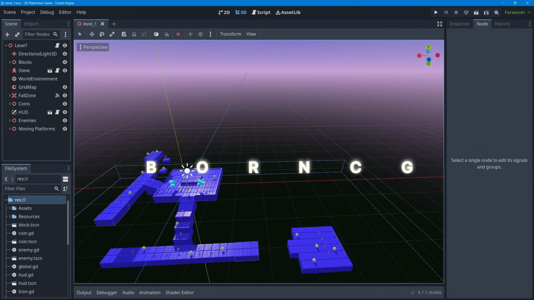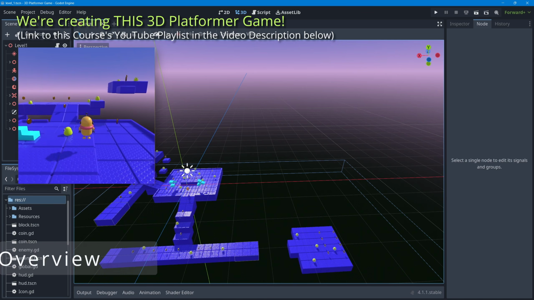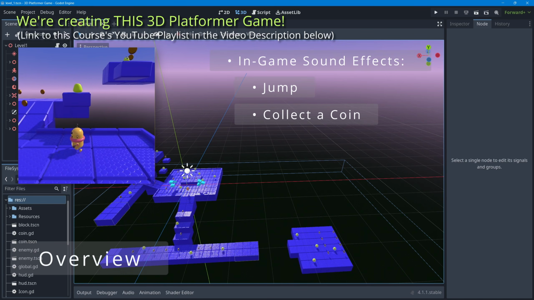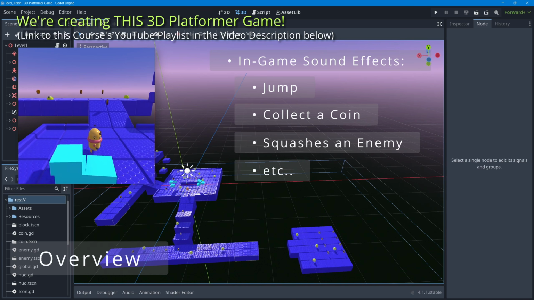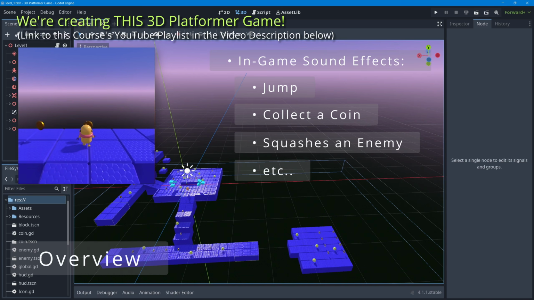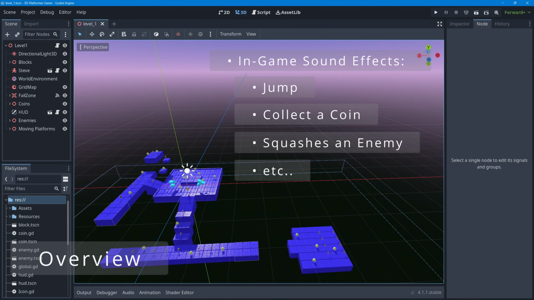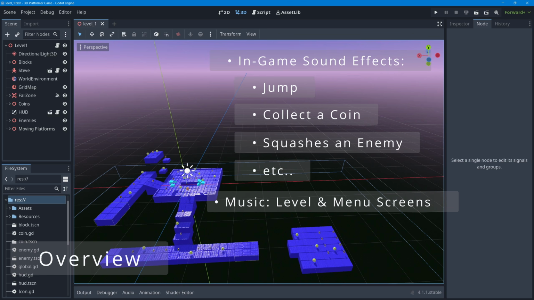All right, in this lesson, we're going to be adding sound effects and music into our game project. Whenever our robot does a little jump, or collects a coin, or squashes an enemy, all of those little events in our game are going to have a sound effect. And in our game menus and in our game level, we're also going to add music